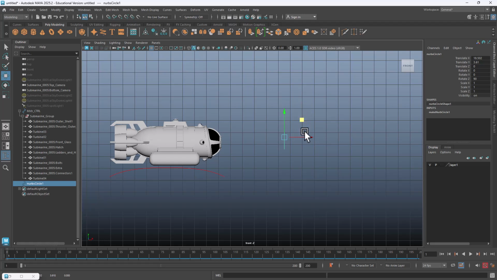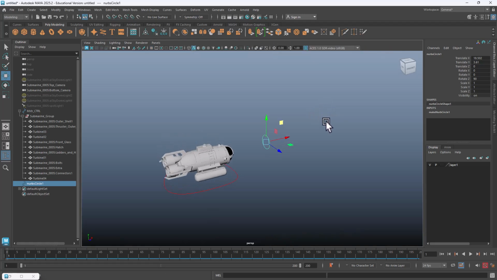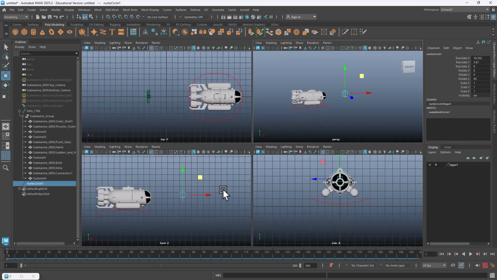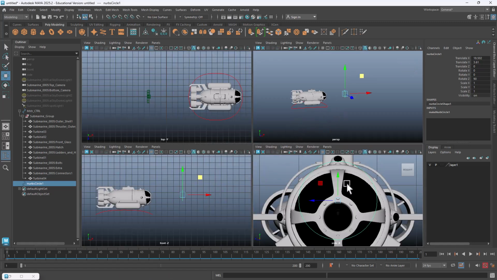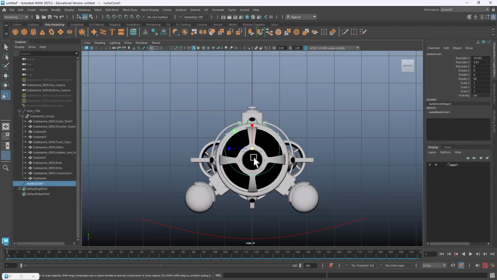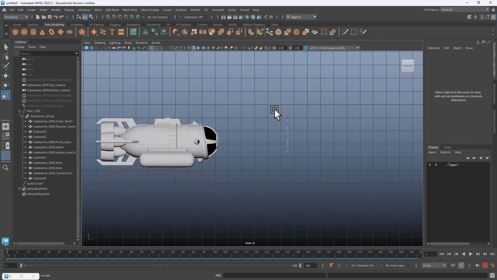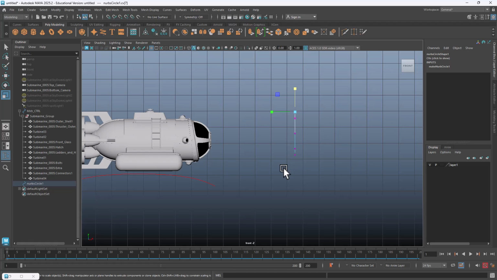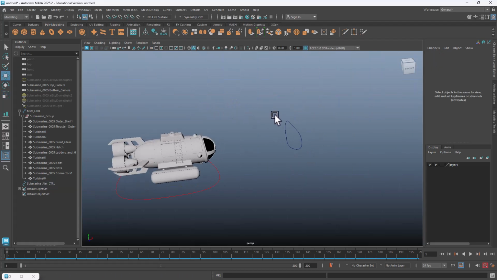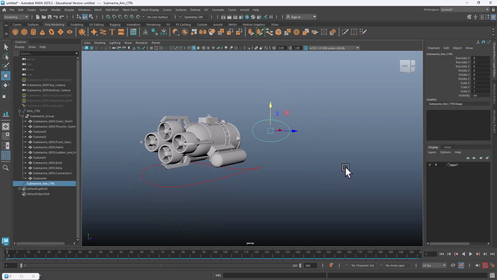Okay. So now I have that curve and I want to make it special. So maybe I'll make it like oval. And now that I have the aim constraint controller